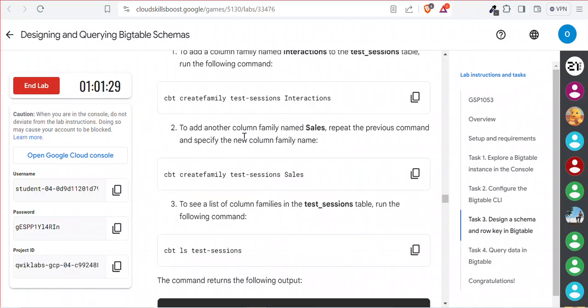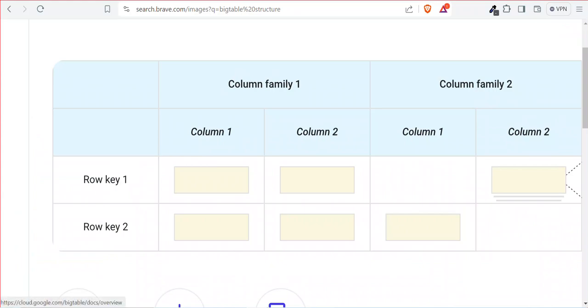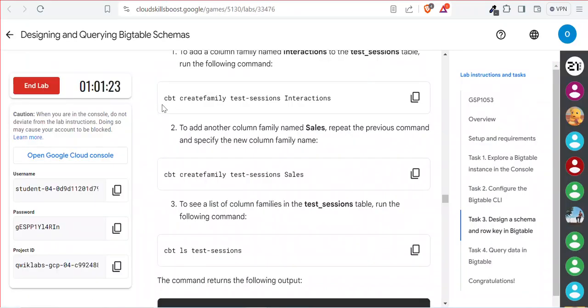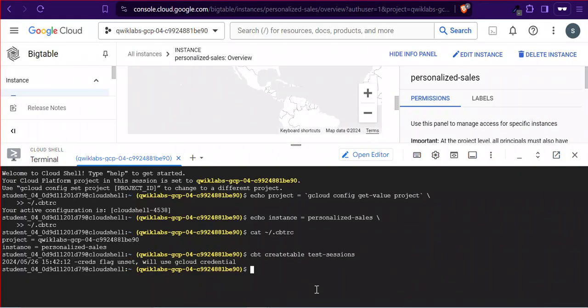If you want to create a column family, then you can use cbt createfamily, then the table name and the column family name. Copy it, paste it here.